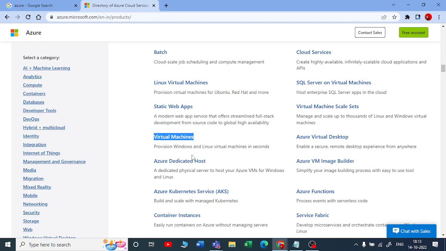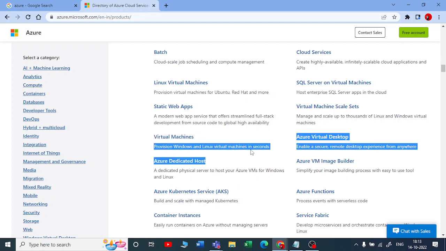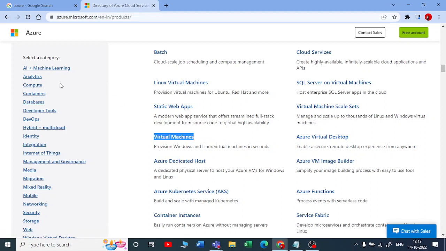You can choose your operating system also, whether Windows, Linux, or Mac OS. You can choose your storage, RAM, everything. That comes under compute. When you are setting up a virtual machine in a cloud, that example is of infrastructure as a service.